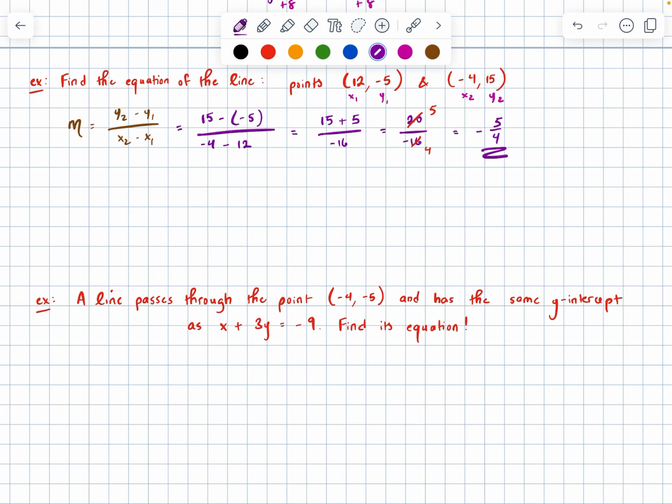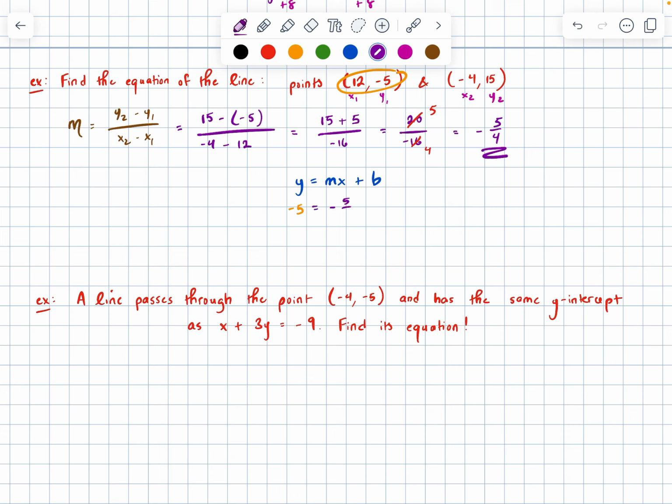And now again, for variety's sake, instead of using point slope, let's get practice using y equals mx plus b. Remember, both of these are interchangeable, whichever you prefer, whichever feels like the path of least resistance to you, be my guest. So from here, I can take either of my points. Let's say that I choose the one on the left. Doesn't really matter. So I'm going to say my y value here is -5, which is equal to m, which